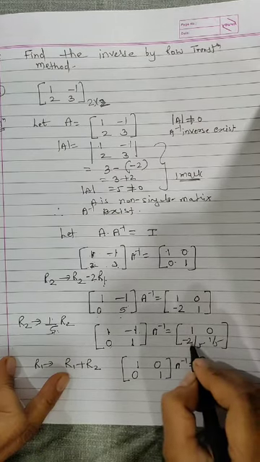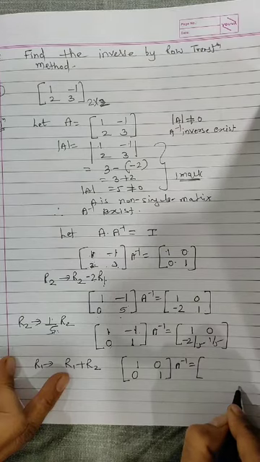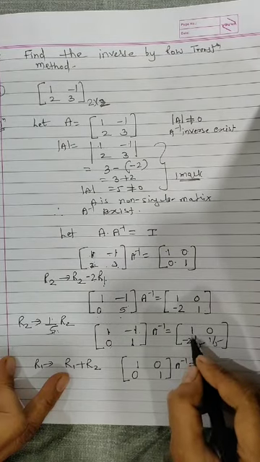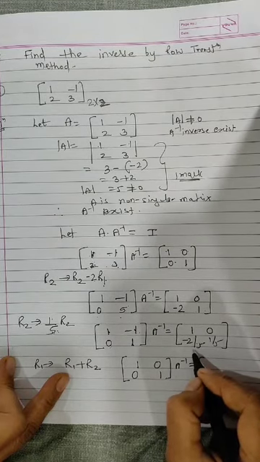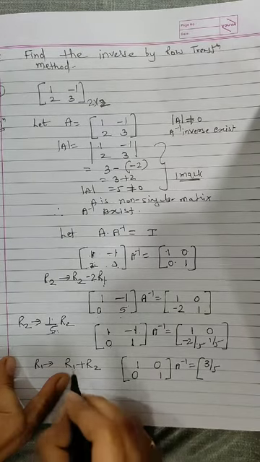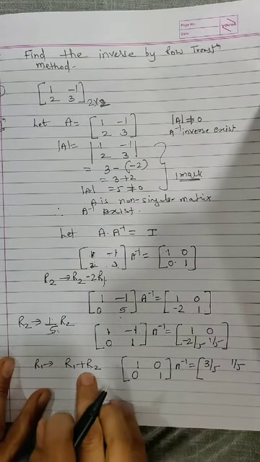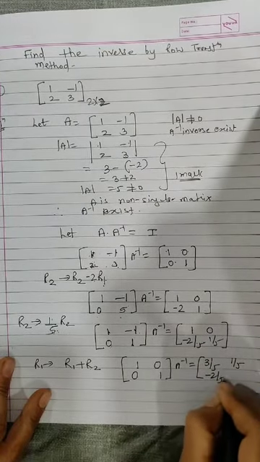Now the transformation is R1 plus R2. So 1 plus minus 2 by 5. So students, perform this operation on rough, on the left hand side or right hand side. So when we make 1 minus 2 by 5, it means 5 minus 2, so it will come out to be 3 by 5. R1 plus R2, 0 plus 1 by 5 is 1 by 5. No changes in R2. So minus 2 by 5.